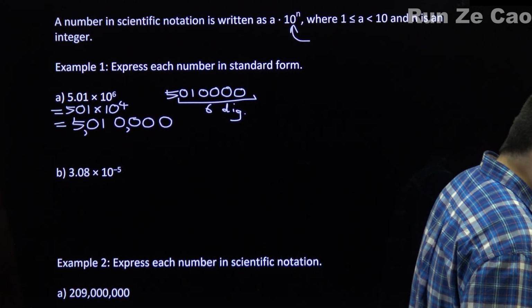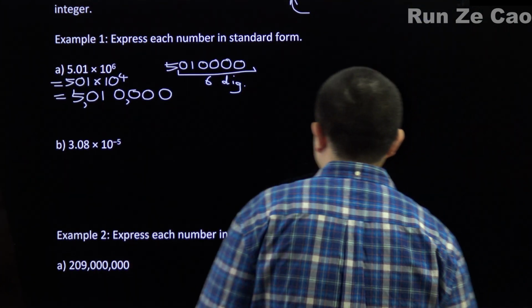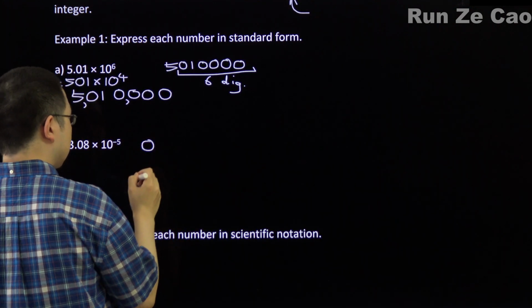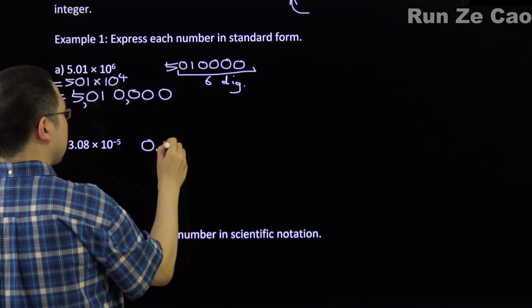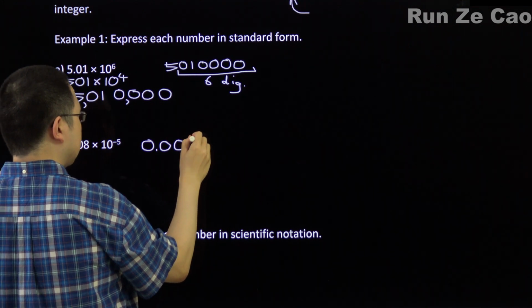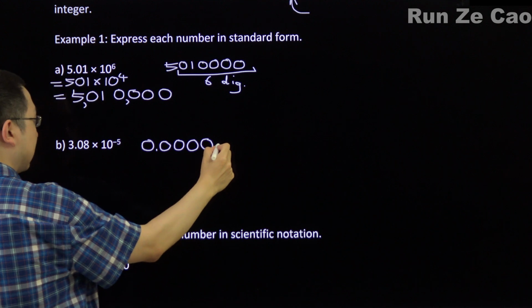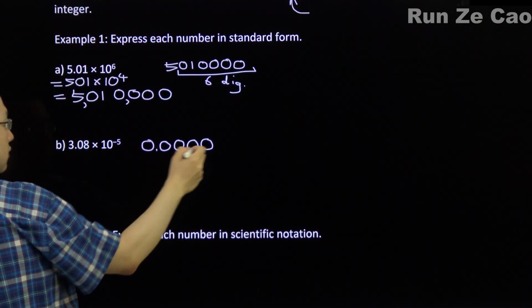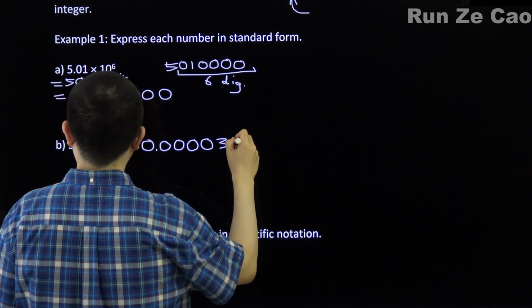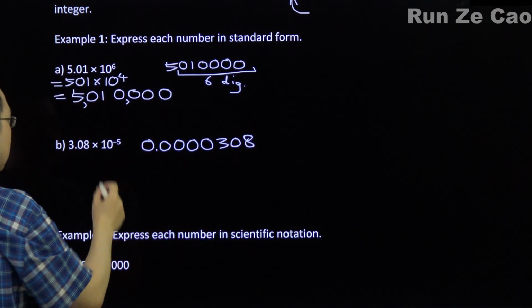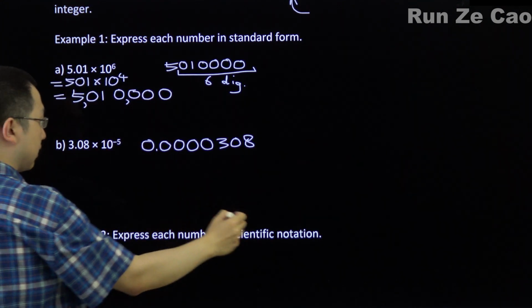Now 3.08 times 10 to the negative 5. Well, you would start by going 10 to the 0th, 10 to the negative 1st, negative 2nd, negative 3rd, negative 4th, and then on the negative 5th, you put your number. You write it out, starting with its units digit. Because what this means is